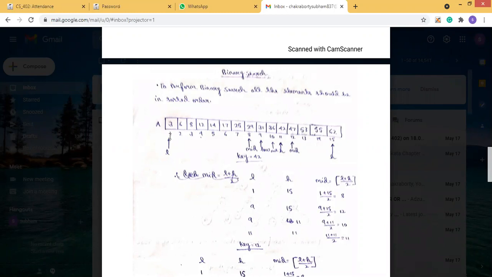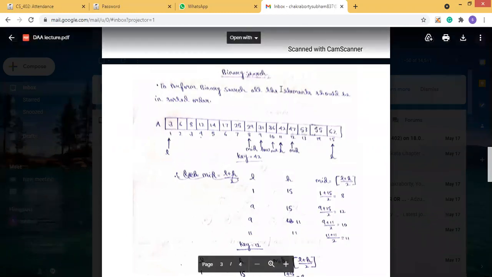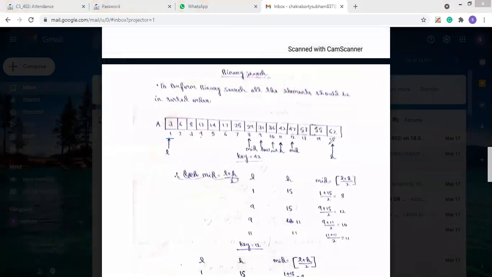The array length is 15. The first element is present on the first position, and the highest element is present on the last position, the 15th position.